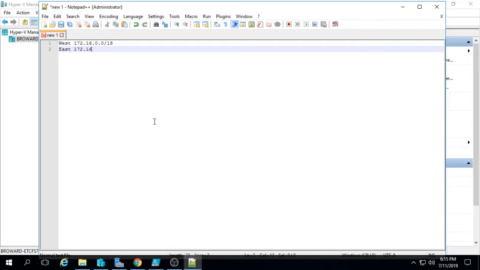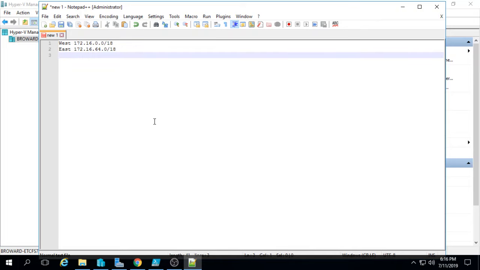East, 172.16, we're going to increment by fours in the third octet, so 64.0/18. And our WAN link